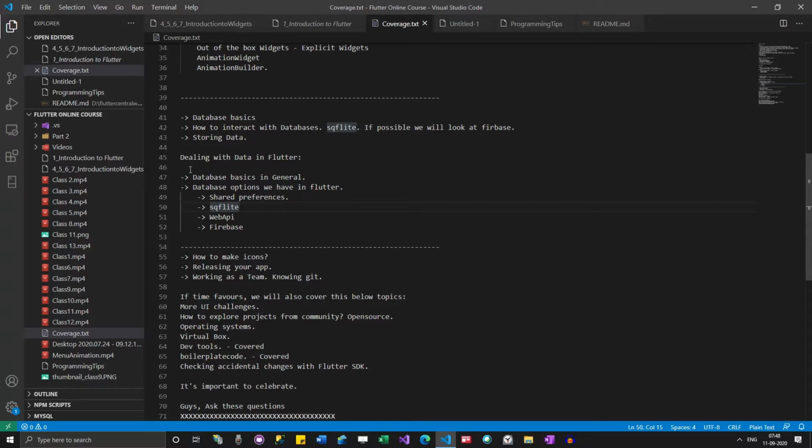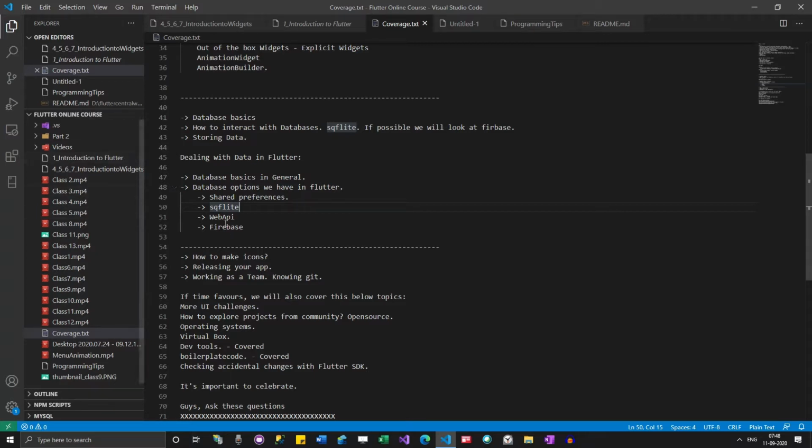SQLite is a mobile database that sits on the mobile itself, and you can create tables and insert values. It's good for storing data in table format when you don't want to depend on the internet.